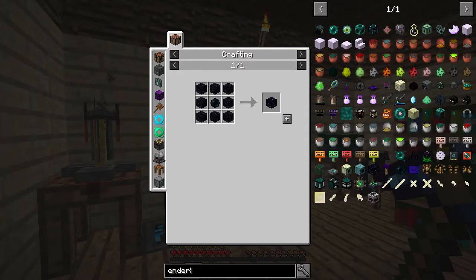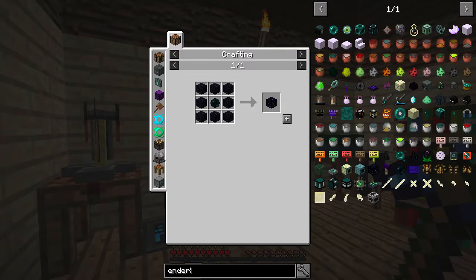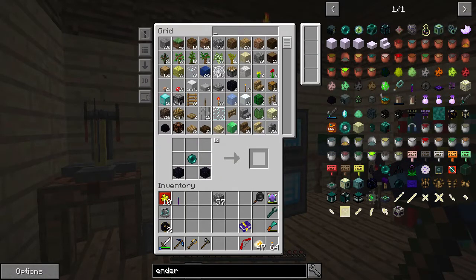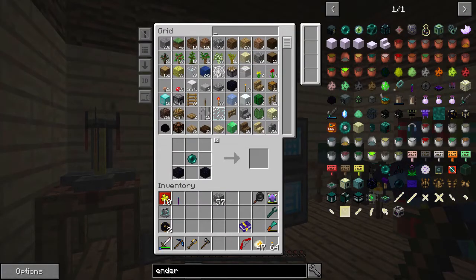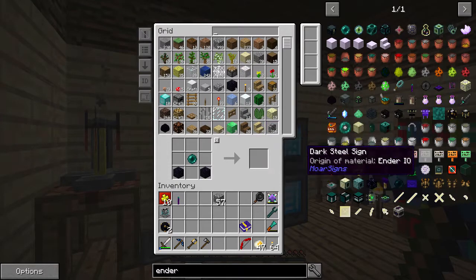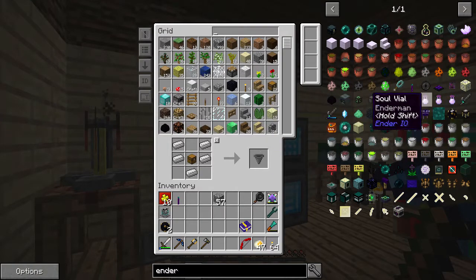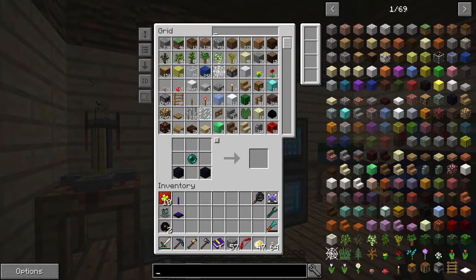You know, there is something we should make. I don't know if it's in here. Bottle of air. Real quick, let's go ahead and make the last ender thing we need, which is the ender hopper. This guy. So we're gonna need a hopper, which should not be too much of a problem for us. Go ahead and do that. And there's the ender hopper. Awesome. So we're gonna need some other things we'll get to in a second, but real quick,